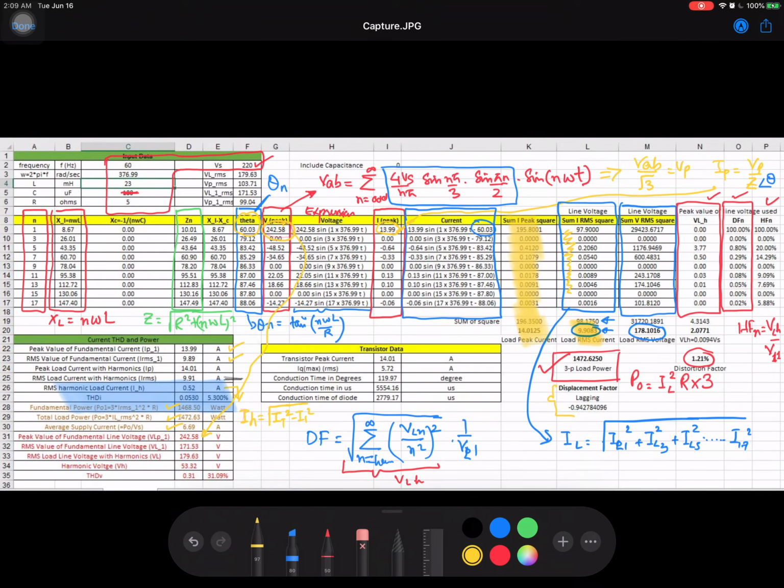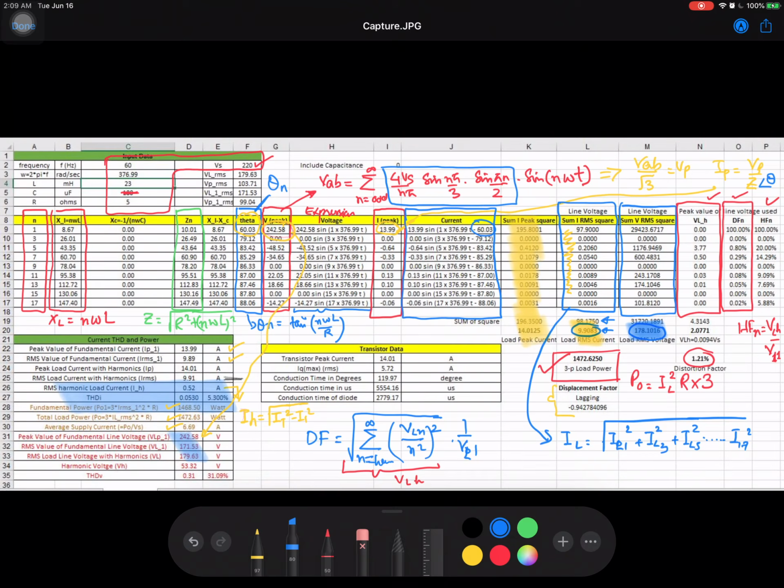Then dividing it by under root 2 to get RMS value, that is 171, and that you can see is very close if you compare this one 171 with over here 178. Why is this difference going to be there? Because 171 is just representing the fundamental component, and the total harmonic based voltage calculation is 178.